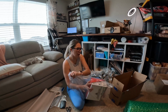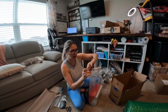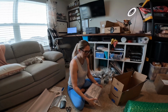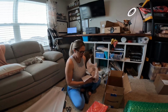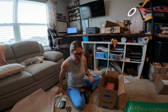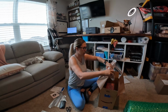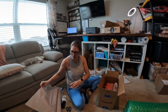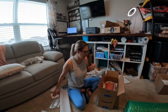I got a message maybe a week or 2 ago, and the guy purchased some shoes that were new in the box, and they were like, please don't just stick the shoe box in a bag with a shipping label, because the box and everything gets damaged. And I was blown away that they had to say that. That means that people are literally just putting the shoebox into a poly bag and shipping it like that. I don't do that. I always put the box in a box, and a bag in a box and in a bag. Let's be honest here, people. I'd rather spend a little bit more on packing supplies to have it presentable and safe and look good and not